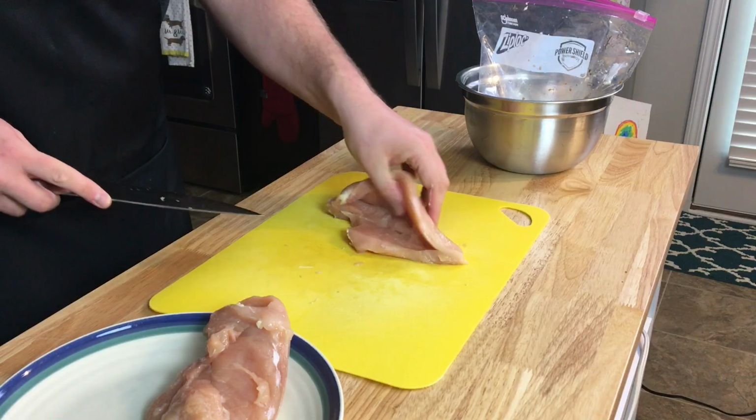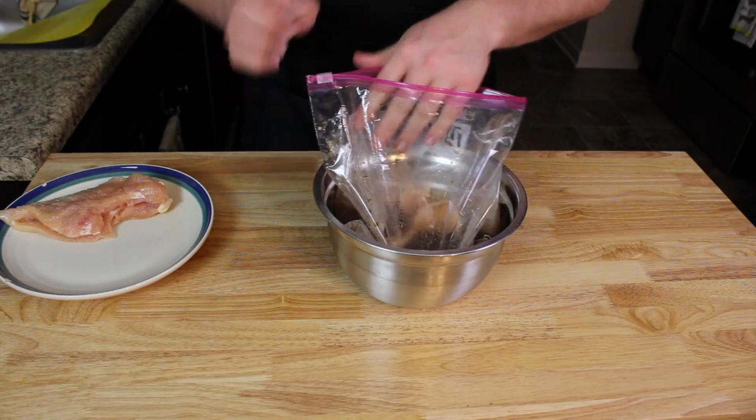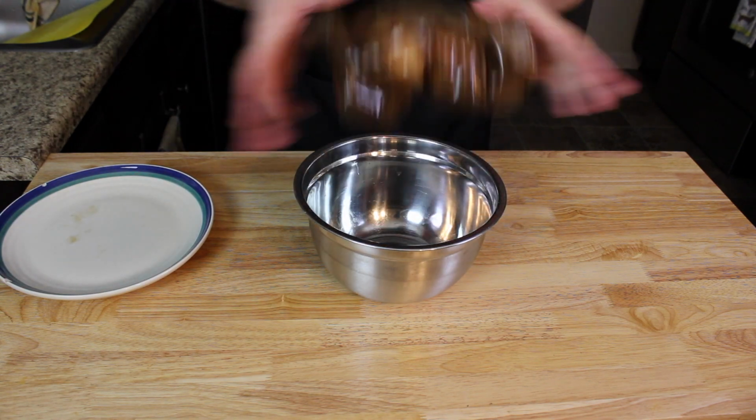chicken breasts or just throw them in whole. You could definitely use thighs here too. That just depends if you like that dark meat. Submerge the chicken and marinate for at least a half hour up to overnight, just depends on what time you